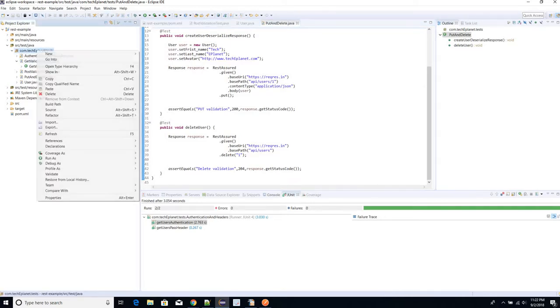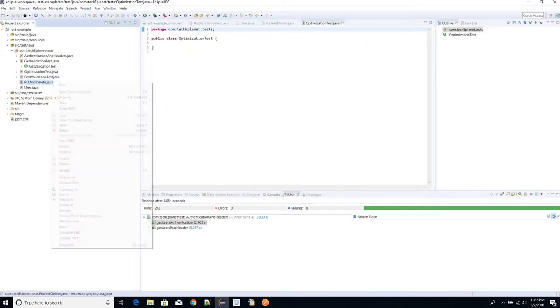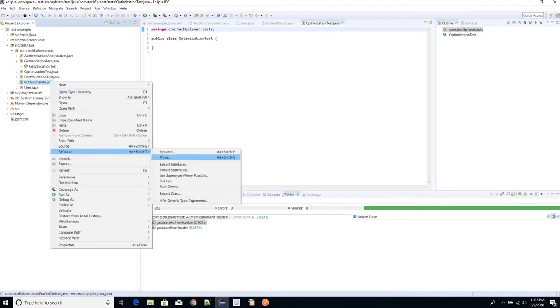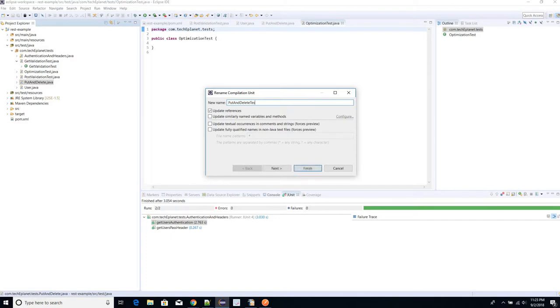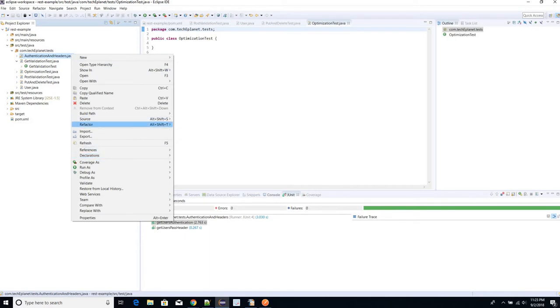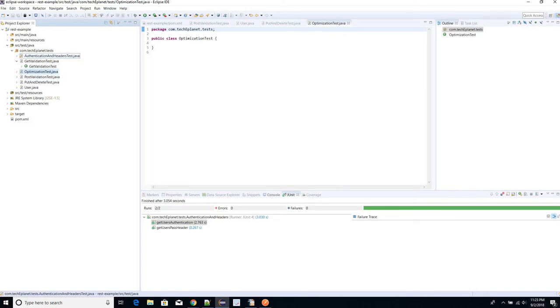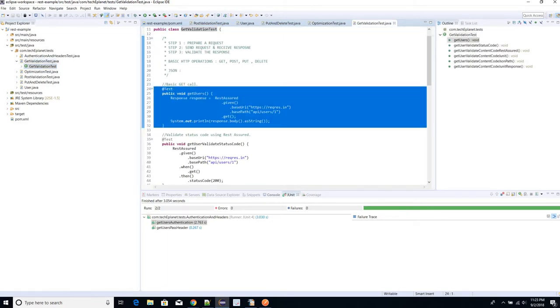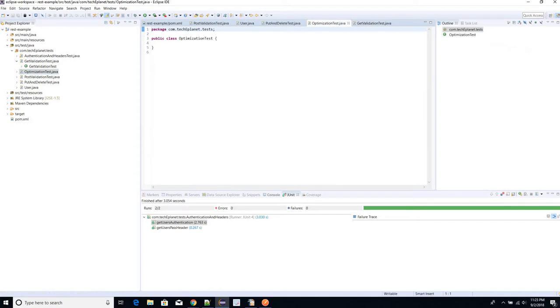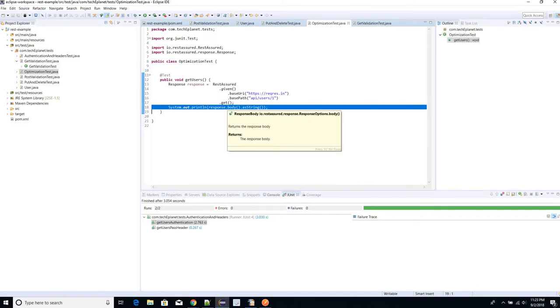Let me again create a class, optimization test. Let me add test to everything because JUnit might throw error if you run it together. All right. So we were about to optimize our test, right? Let me copy this. So you had seen this